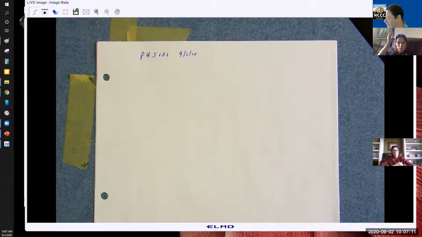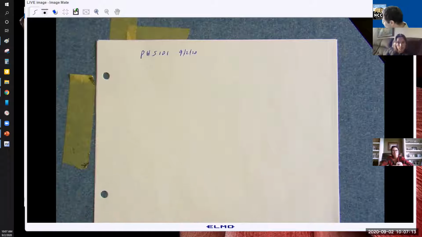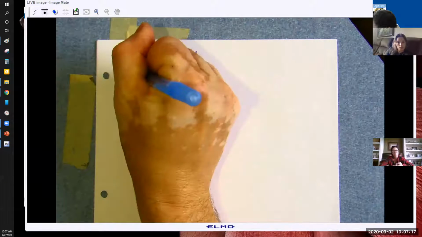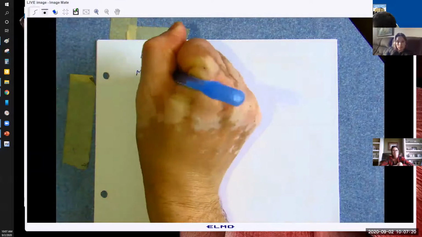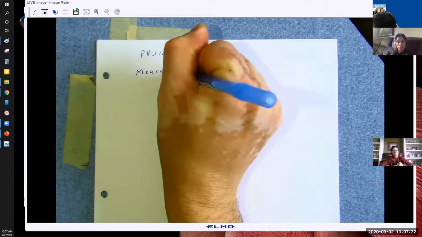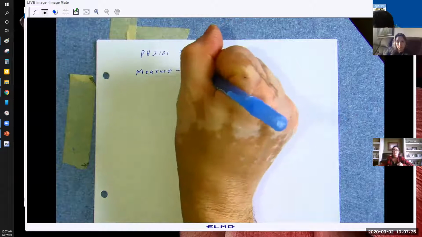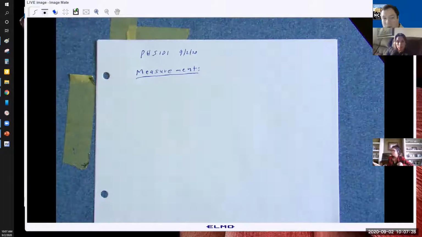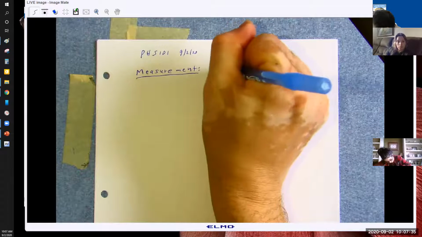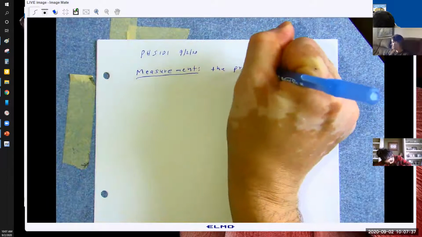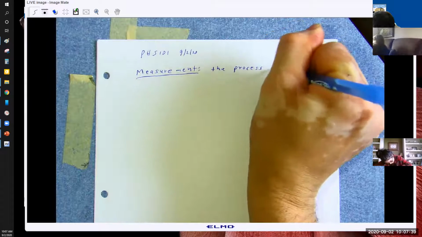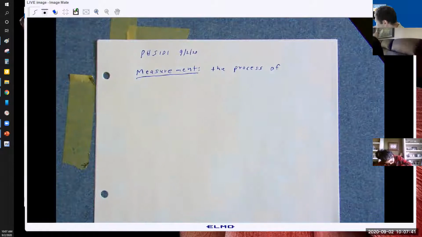So ideally, I'd like to do more problem solving in class, but I have to do some notes first to back this up. We're going to talk about measurements today. Measurements. So a measurement is basically the process of comparing